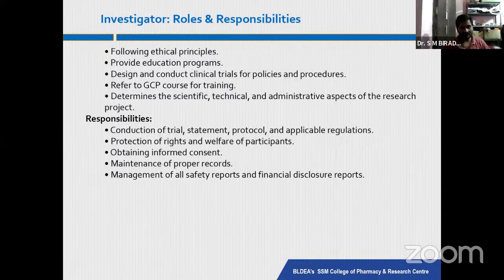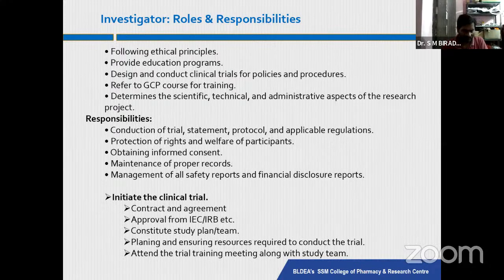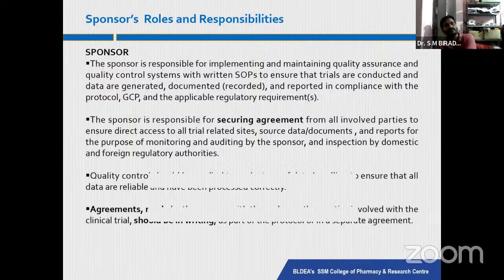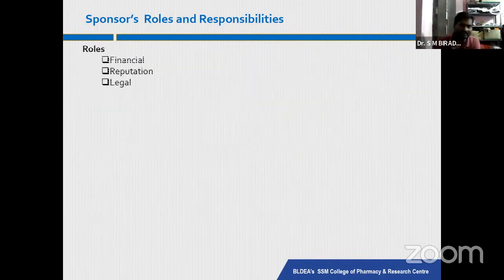That is most important, because sometimes, if the results do not satisfy the expectation, we need to conclude the clinical trial in between. Sometimes we need to stop if we are not getting up-to-the-mark results. So all these things have to be done. And some of the responsibilities of the trials are here. These are the things I have already told.